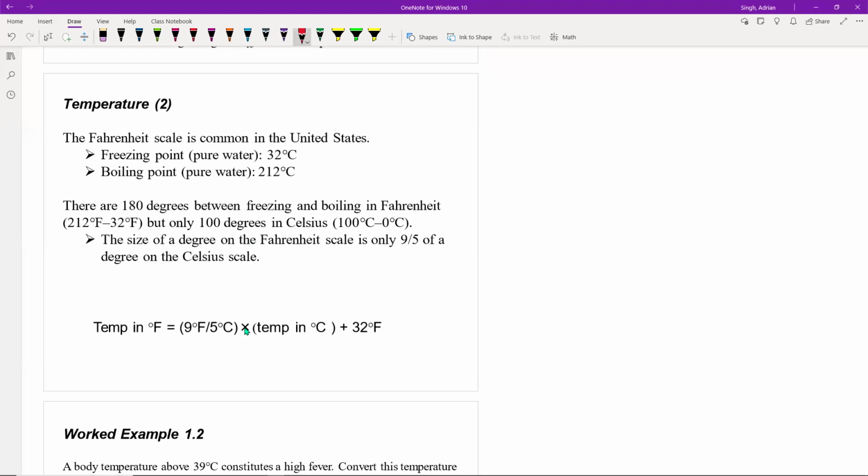So those are the two that we're going to use a lot more frequently in chemistry. The other temperature scale that you're probably more familiar with is the Fahrenheit scale. And as reference points there, the freezing point of water is 32 degrees Fahrenheit and 212 degrees Fahrenheit would be the boiling point of water, respectively, because